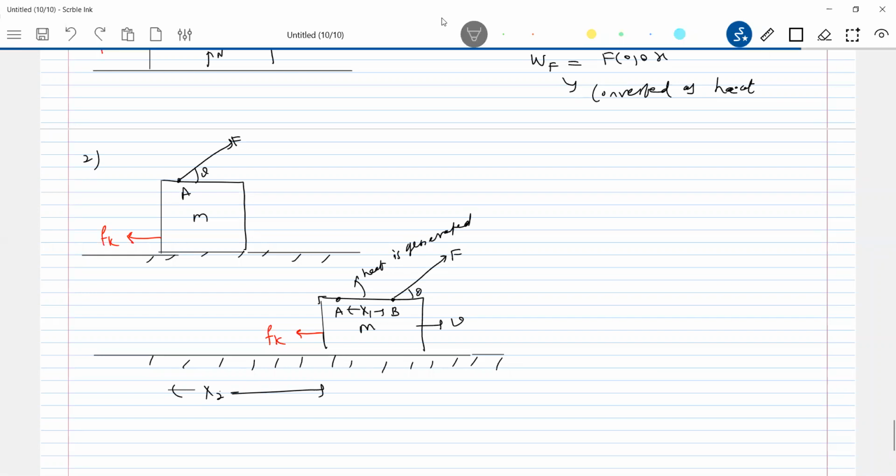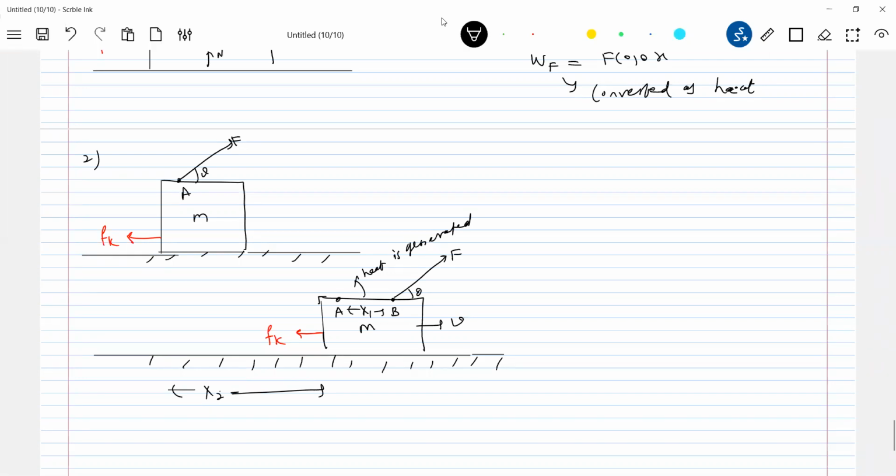Practically, when we apply force on a block or a wedge, we neglect this particular thing. We assume the displacement of the point of application of force is equal to the displacement of the object, and we go forward. But practically, when we apply force on any object, the point of application on the body may also undergo displacement. Then you have to be extra careful. In JEE Advanced, we don't go for displacement of the point of application of force. Got the idea? We neglect that part, or maybe it is very small, so we need not bother. But they may test you with a conceptual question.